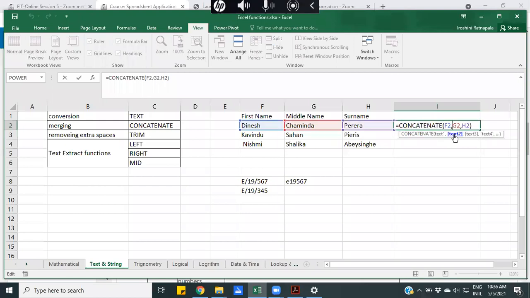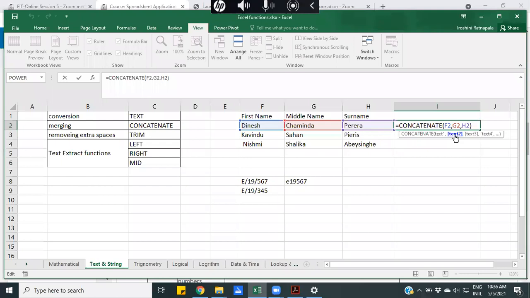What are the things that I need to concatenate? I need to concatenate two spaces in between the F2 cell, G2 cell and H2 cell, right? I have to have two more spaces in between the first name and middle name, also middle name and surname.